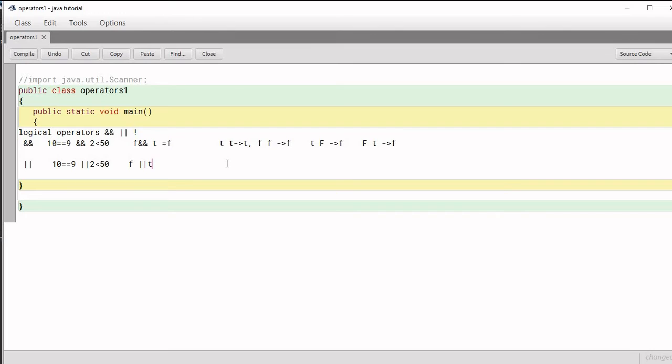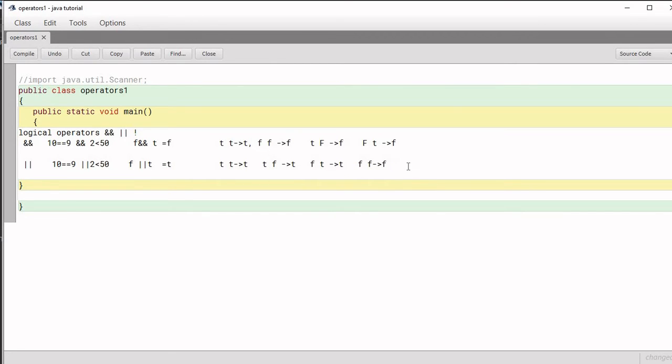In the case of OR, if both values are true, it is going to return true. If any of the values is true, it is going to return true. So first true, second false, the answer is true. If first is false, second is true, then also the answer is true. Only if both are false do you get false. So false or true, the answer will be true.